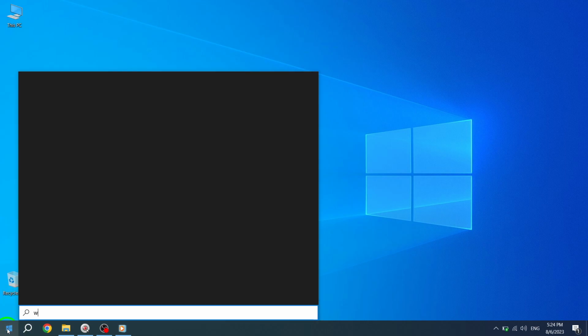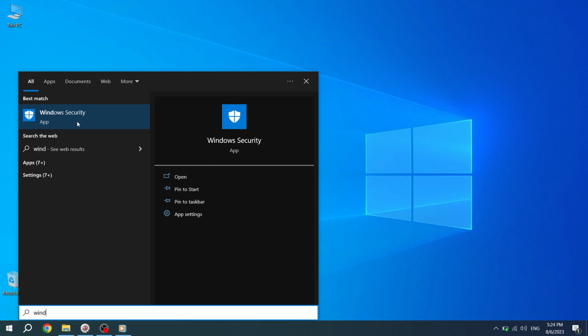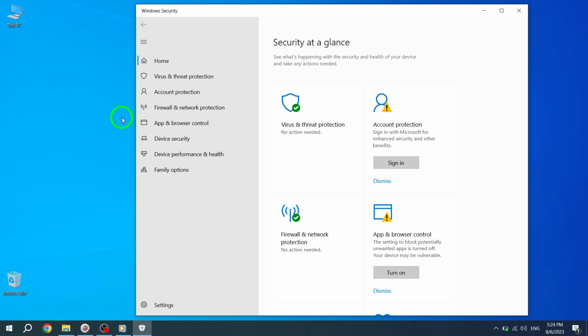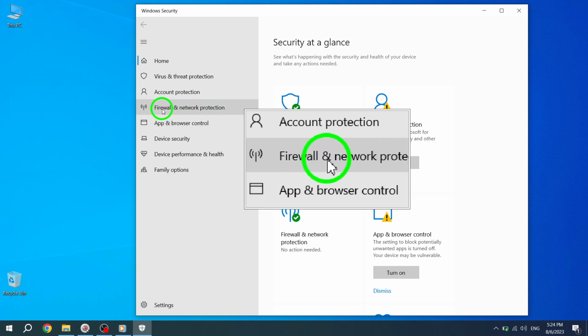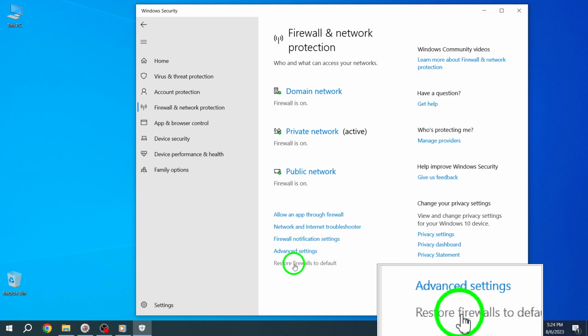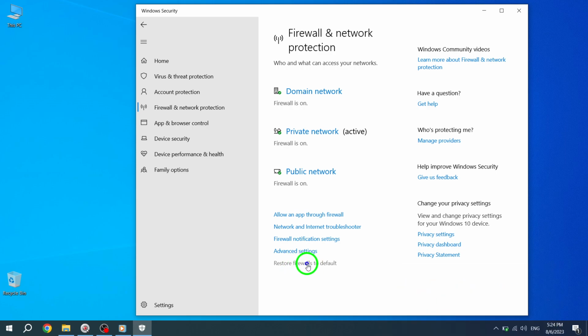Step 2. In the search bar, type Windows Security and click on the top result to open the app. Step 3. Within the Windows Security app, locate and click on the Firewall and Network Protection option. Step 4. In the Firewall and Network Protection settings, scroll down and find the Restore Firewall to Default option and